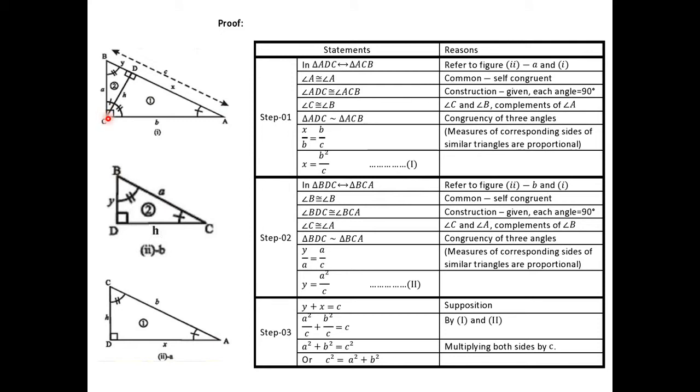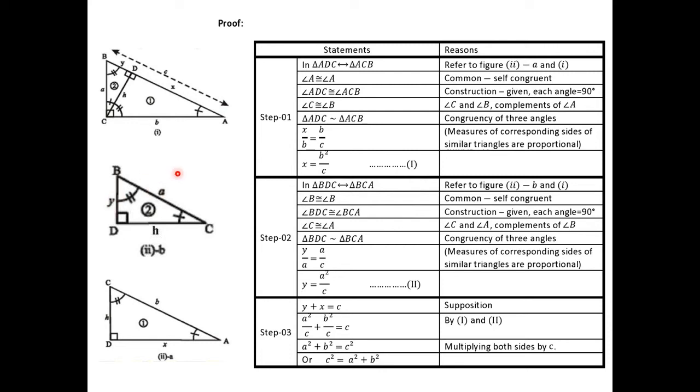So angle C in this triangle and angle D in this triangle are both 90 degrees, so they are congruent. And the third angle will automatically be congruent, because if two angles of any two triangles are congruent, then the corresponding third angle is also congruent. And the second reason is that it is the complement of B. Again with the same arguments, if all three corresponding angles of two triangles are congruent, then such triangles are called similar, and we can again write any of the sides in the form of a fraction. Now we are picking perpendicular and hypotenuse.